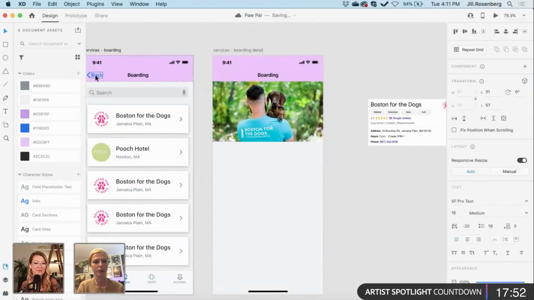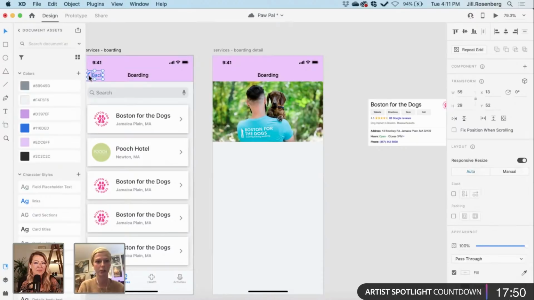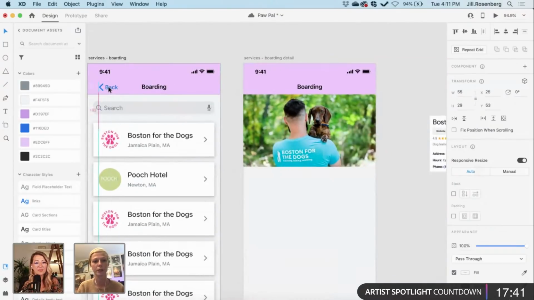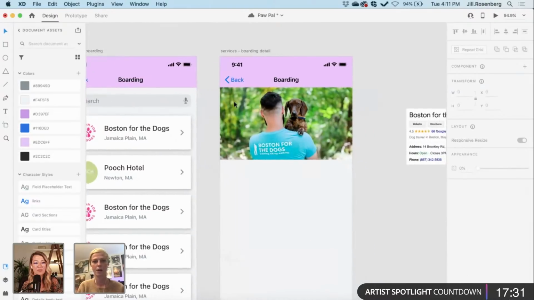So I'm gonna also carry this. I'm gonna group it because I love to group things. And then I am going to copy that over. Oops. Copy that over, paste it here. Guess on the spacing for that for now. And